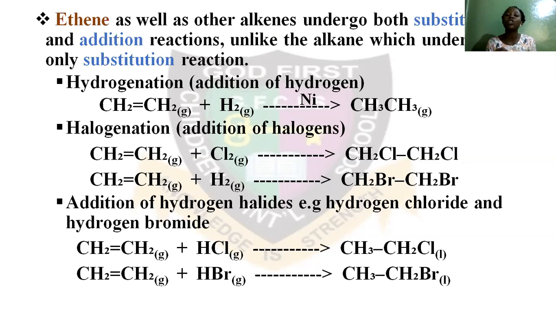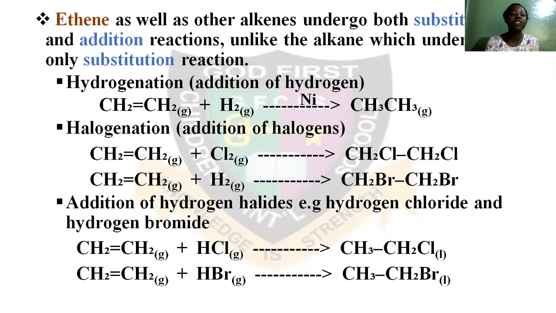What addition reaction does is to bring about saturation in the carbon in that hydrocarbon. Remember that the alkenes are unsaturated. They lack 2 hydrogen atoms. If you consider the corresponding alkanes, for example, ethane is C2H6, but ethene is C2H4. So it is lacking 2 hydrogen atoms compared to ethane. So for saturation to happen, they react with other elements so that the double bond is broken.